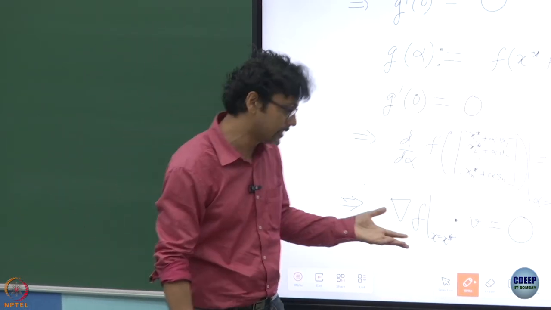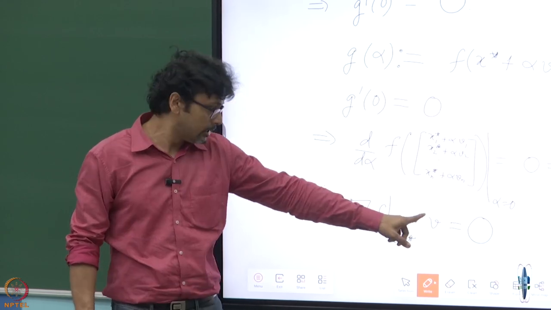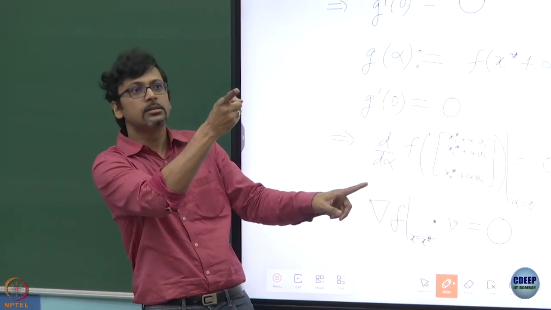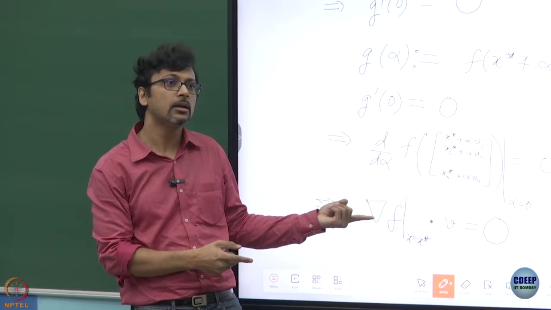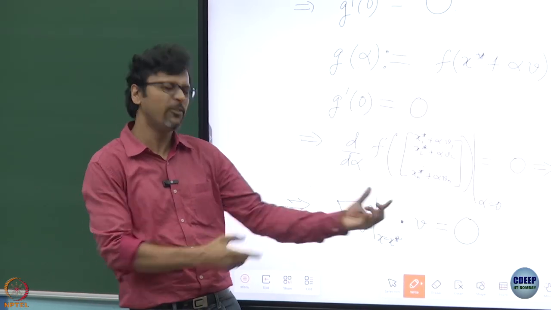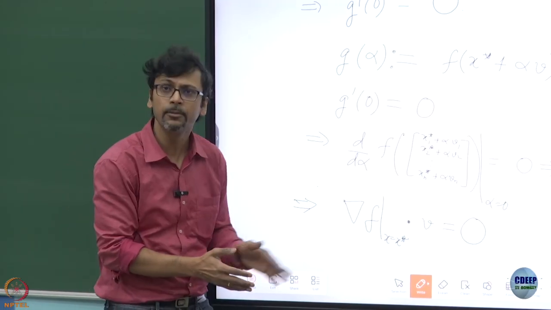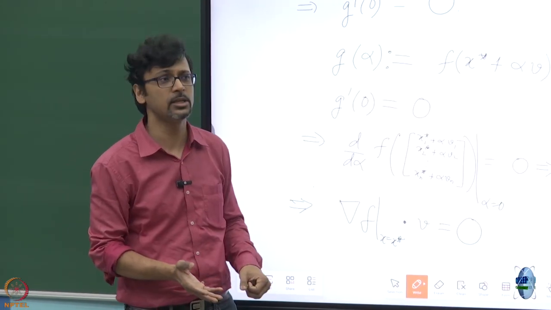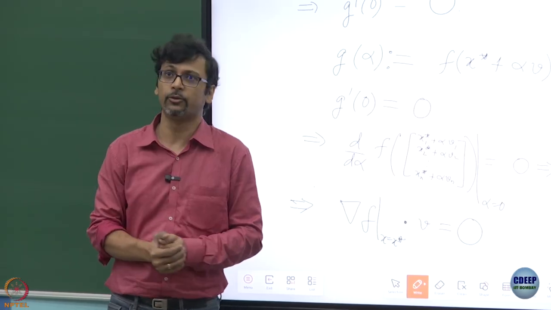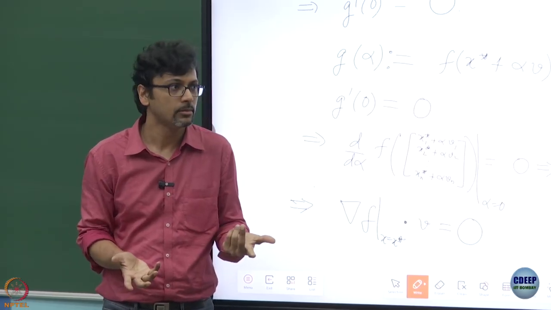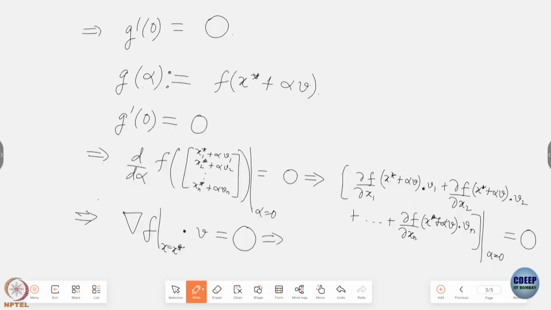Another obvious way of seeing that this is zero is, since this choice of v was arbitrary, choose this v to be along the same direction as the grad of f evaluated at x star. Therefore, the inner product of a vector with itself, of course subject to a scaling because it's a unit vector, doesn't matter. If the inner product of a vector with itself is 0, it means the norm of the vector must be 0 and therefore the vector must itself be 0. So this immediately implies that grad of f at x star must be 0, and we have established the first order necessary condition for minimality.